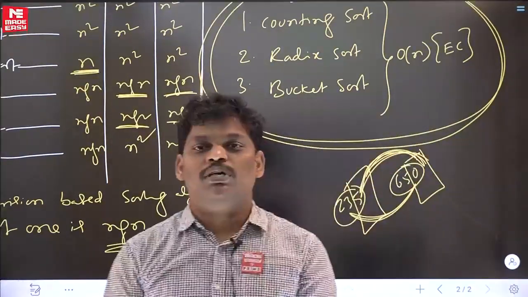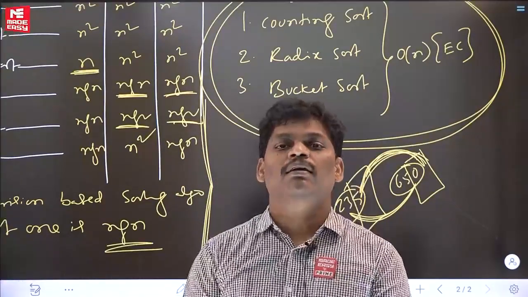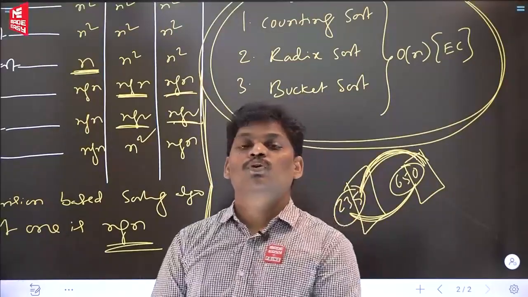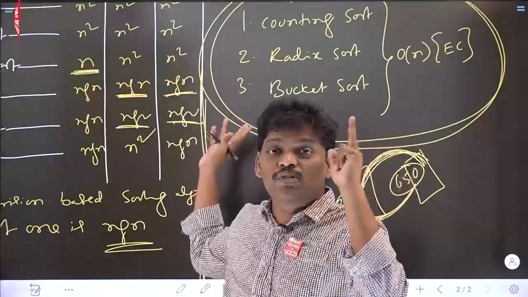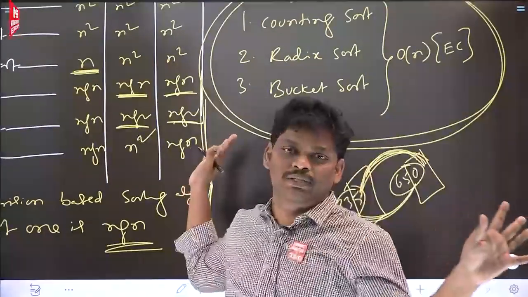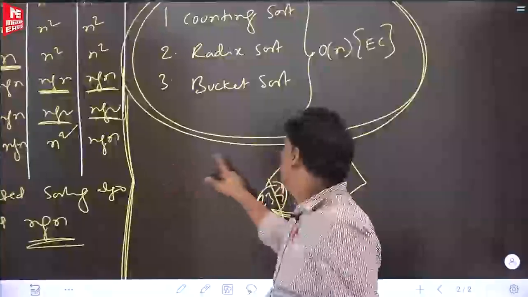Only 2 paragraphs, I think, per algorithm. These 3 algorithms combined, there may be 2 or 3 pages. It is very simple. To get confidence in yourself, I gave this homework. I gave the source also: Cormen, linear time complexity sorting algorithms, 2 pages. Major things I have completed. A small thing I have given as homework to you.